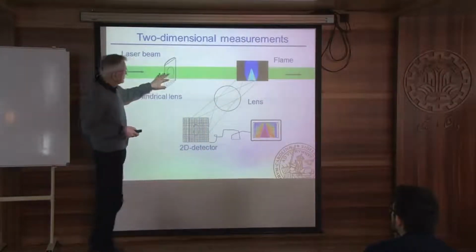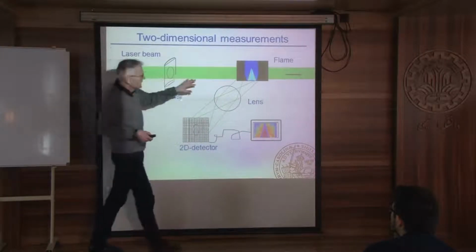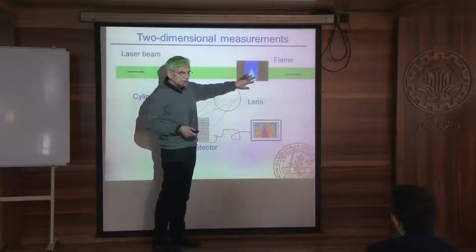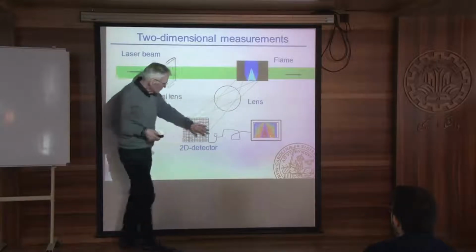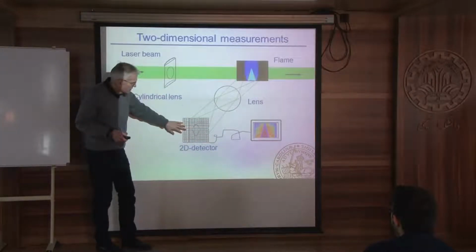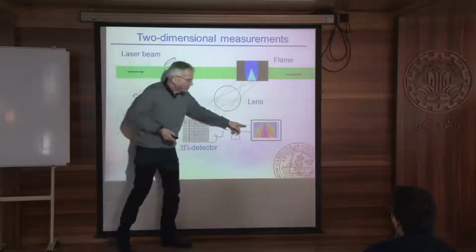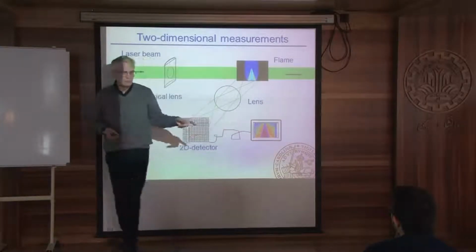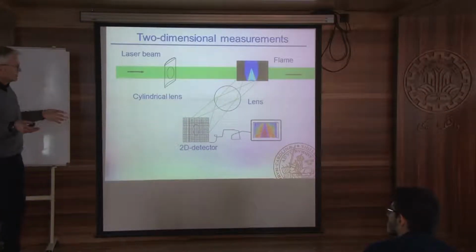You change the color of the laser beam to exactly match the species you are interested in. Then you image that with a lens onto your two-dimensional image intensified detector, and then you can get in one laser shot the distribution of the species you're interested in. So that's sort of the basic idea for two-dimensional measurements. So with that,